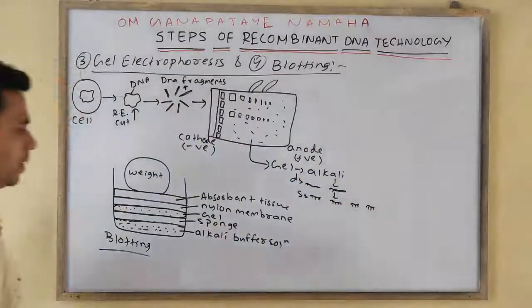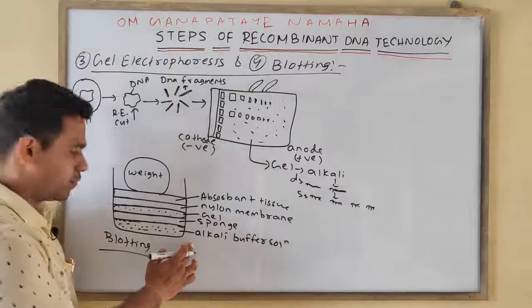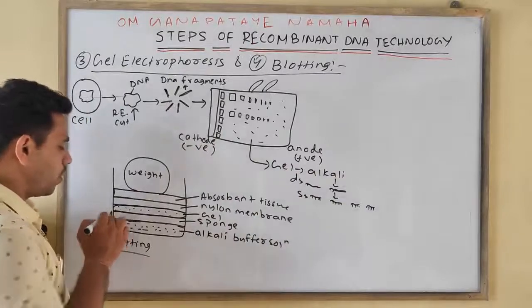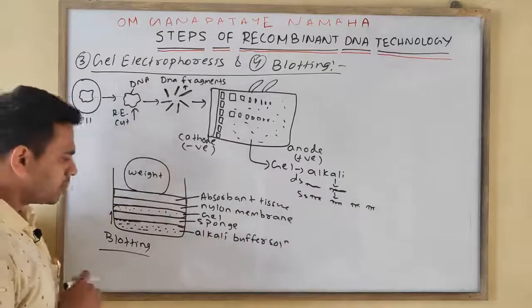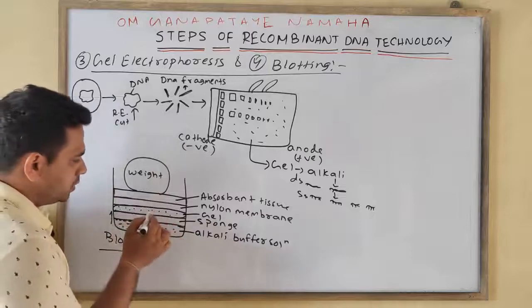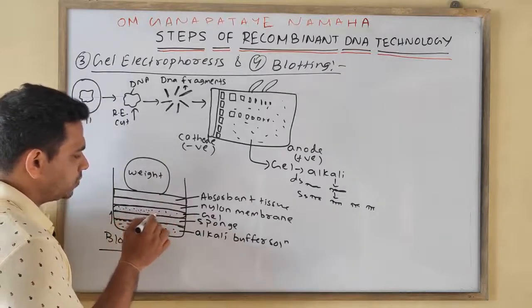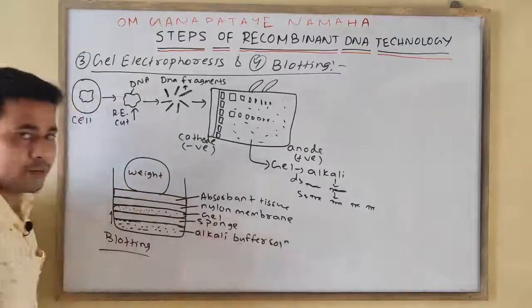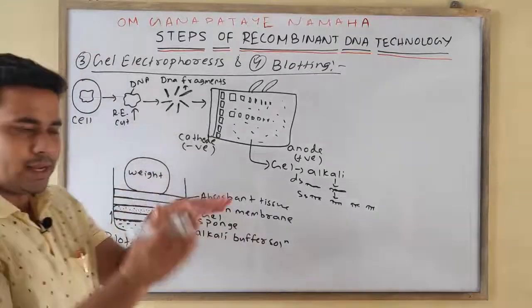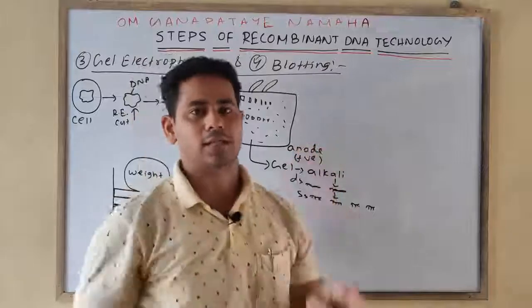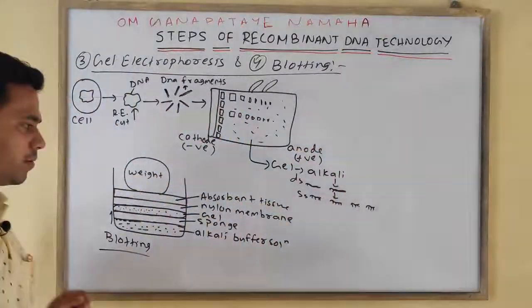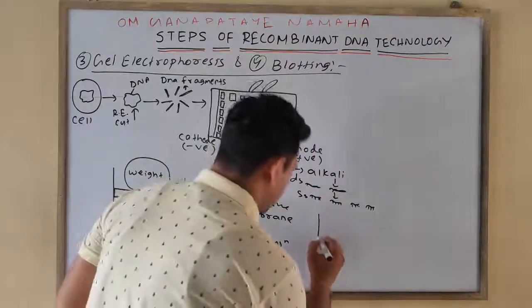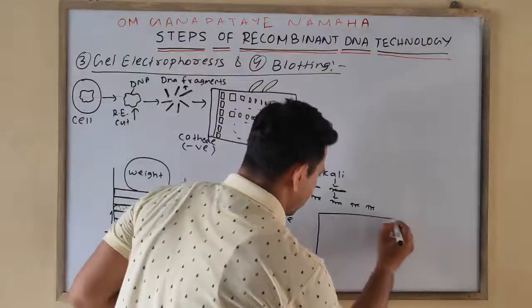Due to the capillary action of the alkali buffer solution, it will move upward, by which the DNA which is present will be attached to this nylon membrane, and as the weight is there, it will literally help to attach the DNA to the nylon membrane. So now we will draw the nylon membrane. Suppose this one is your